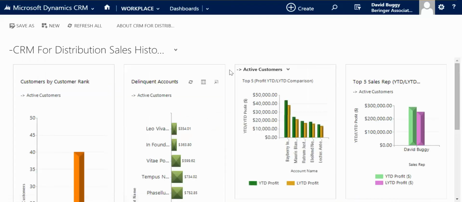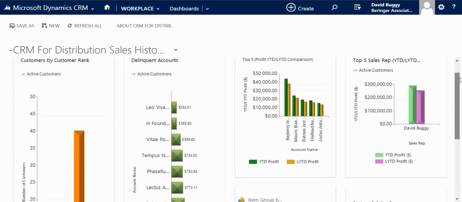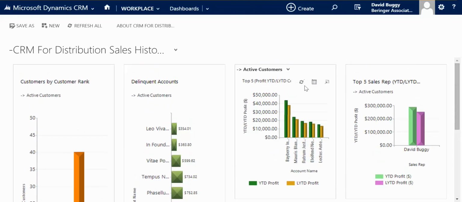We also have a nice sales history dashboard in our CRM for distribution solution. And what this is showing me is information more about sales. So on the left here, we've got customers by rank. In the middle, we've got delinquent customer accounts, so customers that have an open AR balance that's beyond 30 days. Over here, we've got top 5 customers based on year-to-date profit with a comparison to last year to date. On the furthest chart here, we've got a view of top 5 sales reps, and again, that's by year-to-date profit